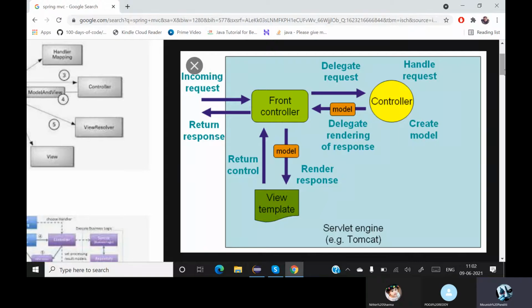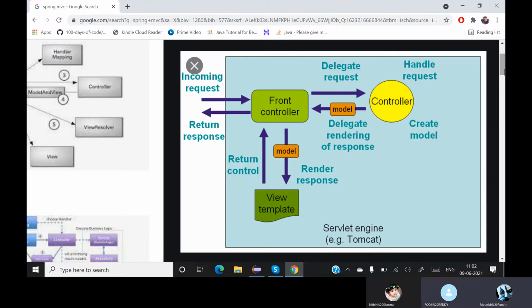That controller will handle the request, create a model for it, and then send the response back with the model to the front controller. If it is necessary to go to the view, it will go, and then it will return. I hope you are understanding this Spring MVC model.